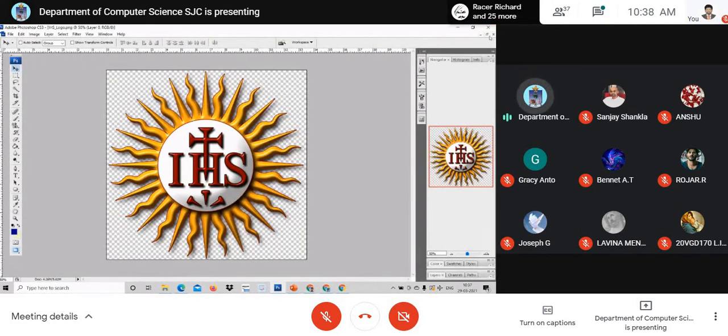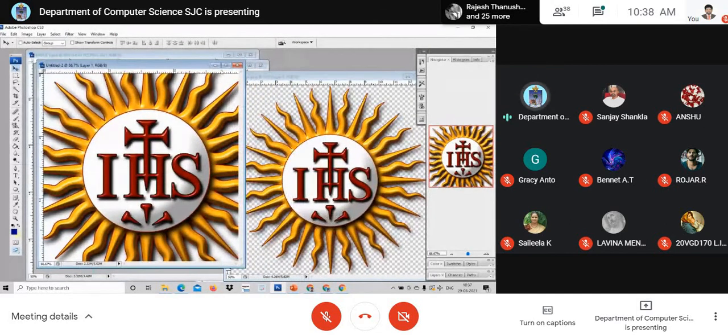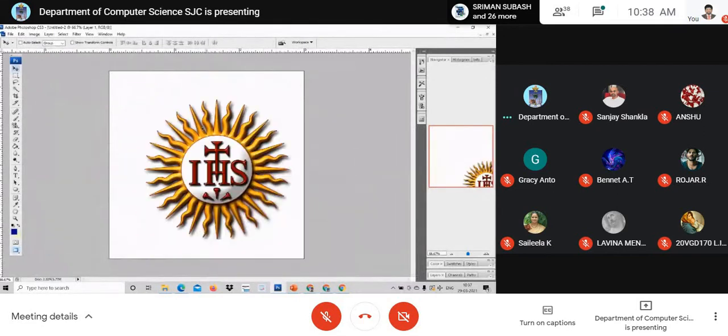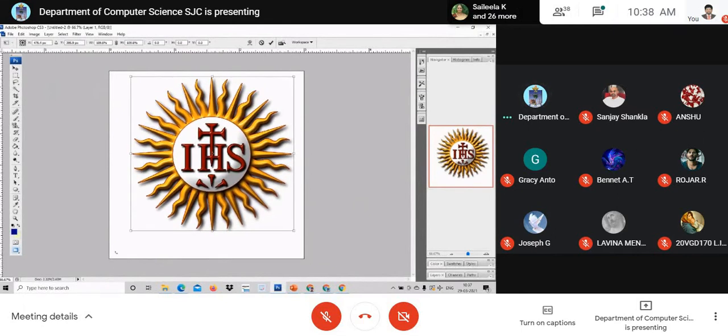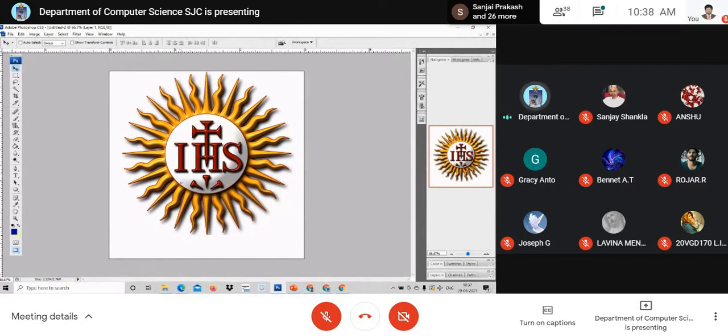See here, I've taken it. This design I want in the front. Take it fully and make sure the logos and all that it should look small. And at the bottom I just give it here, maybe Tamil Nadu Jesuits.